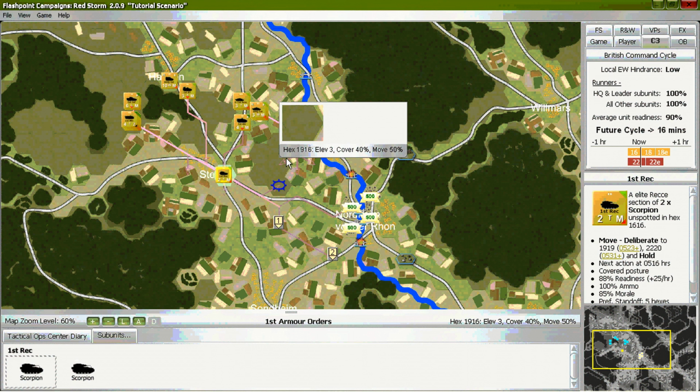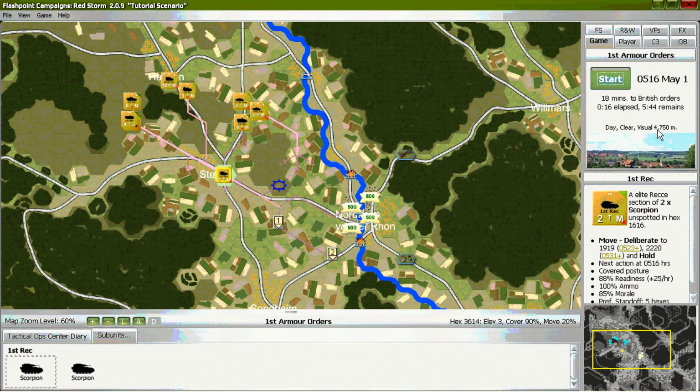We have no spotted enemies at the moment, and the line of sight is approximately 4.5 kilometers for our reconnaissance and thermal equipped units. After reviewing the situation, press start to play the next 18 minutes.